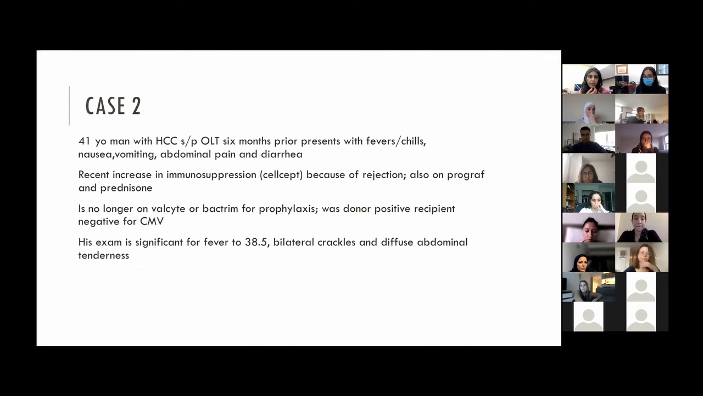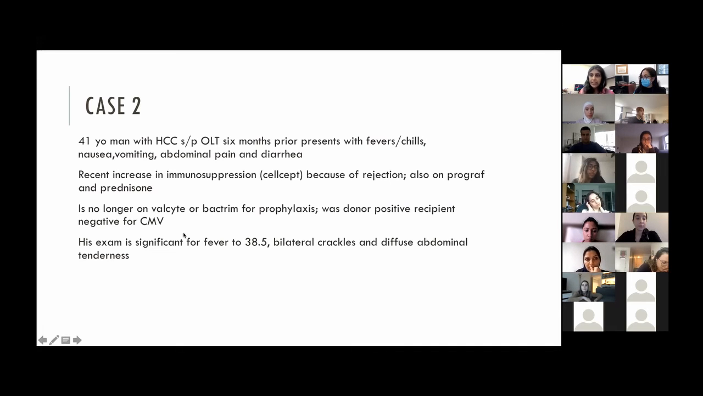So this is a 41-year-old with HCC who had a liver transplant 6 months ago. He's coming in with fever, chills, nausea, vomiting, abdominal pain, and diarrhea. You know that he recently had an increase in his immunosuppression, specifically CellCept, because of rejection. He's also on Prograf and prednisone. You also know that his prophylaxis